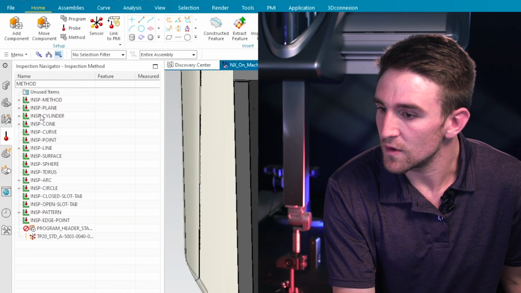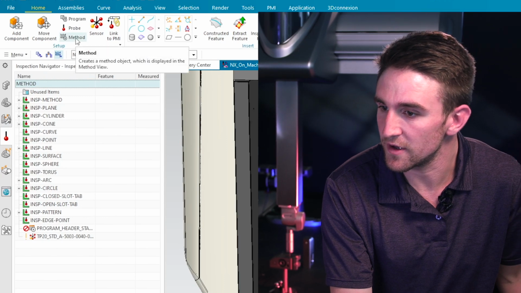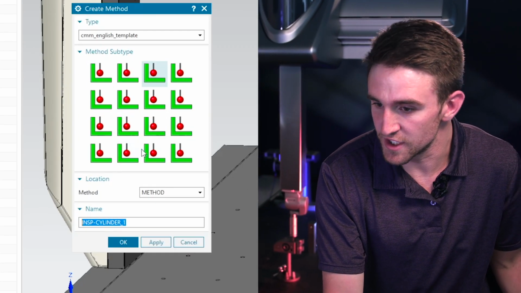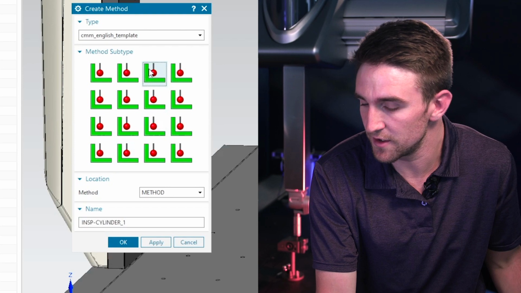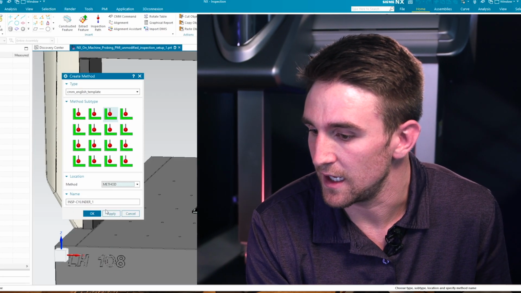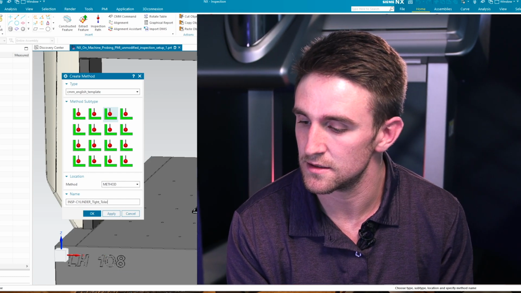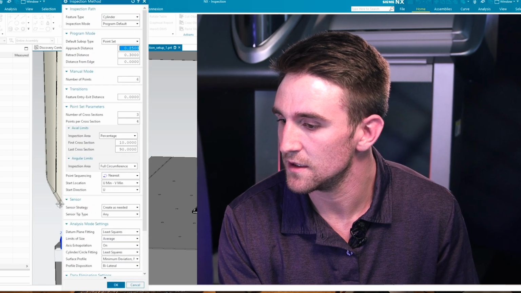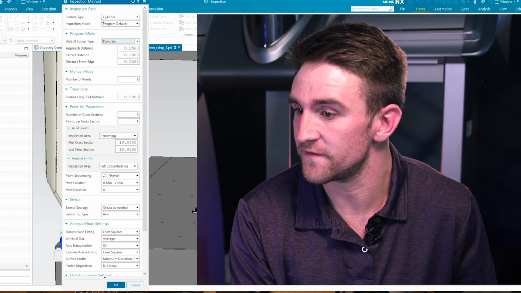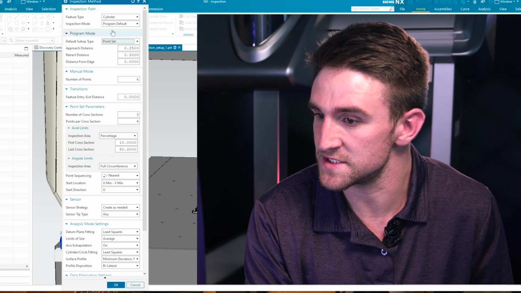Yeah. For example, I'm going to create a new method, say for the cylinders. So I'll click on the method button here on the ribbon. I will choose the appropriate icon, in this case, inspection cylinder, and I want to assign it to the method itself. And I can rename it, let's say, tight tolerance. Perfect. So now that I created a new method and I defined it as a cylinder,